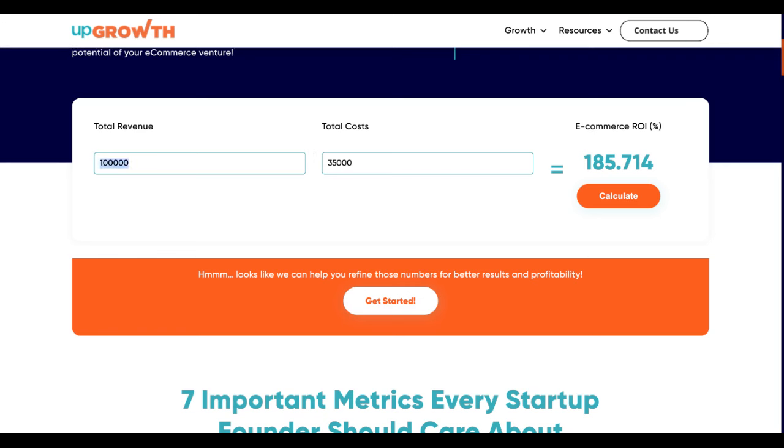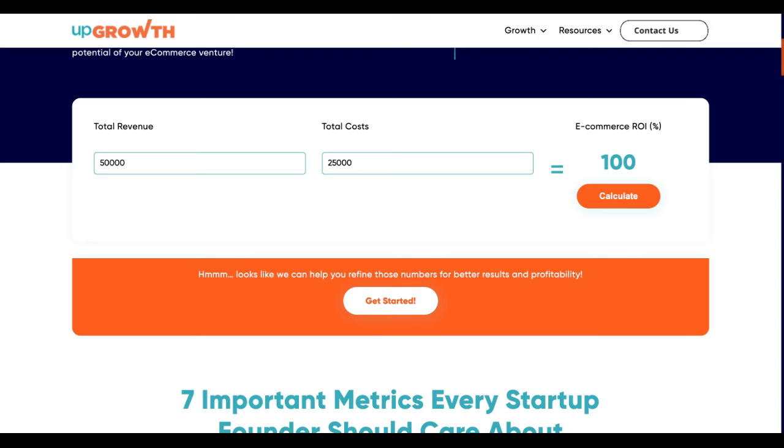On the other hand, total revenue generated from Google search campaigns, let's say, is reduced to half, which is 50,000, because let's say my sales units were relatively less, reduced to half, which is 50, and average order value is 1000, so total revenue is 50,000, and total cost that I incur on it is, let's say, 25,000. Again, I'll have to consider factors like cost of goods sold, total operational cost, and marketing ad spend, and I hit compute. So e-commerce ROI is 100%, which is again a significant ROI but relatively lesser than my social media